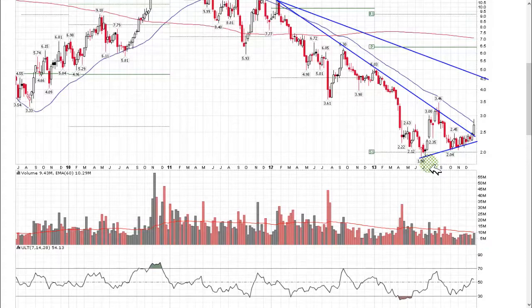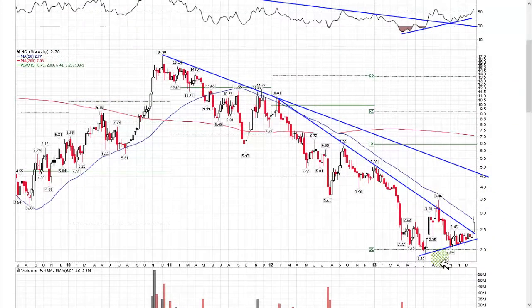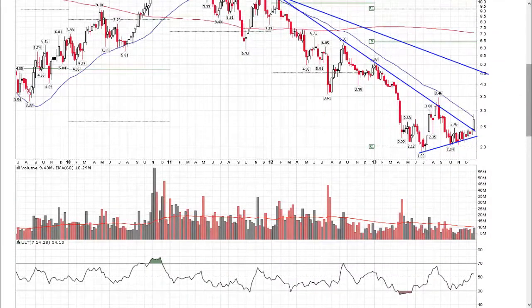Many people may say that it's a penny stock. Nova Gold, gold miners are not penny stocks. They're cyclical stocks. They tend to get sold off to extreme oversold levels, and that's what happened here. It happened across the gold mining sector. So we rallied up to $3.46, pulled back, put in a higher low at $2.04. That is a sign that there are buyers below and that institutions were beginning to nibble on the shares,